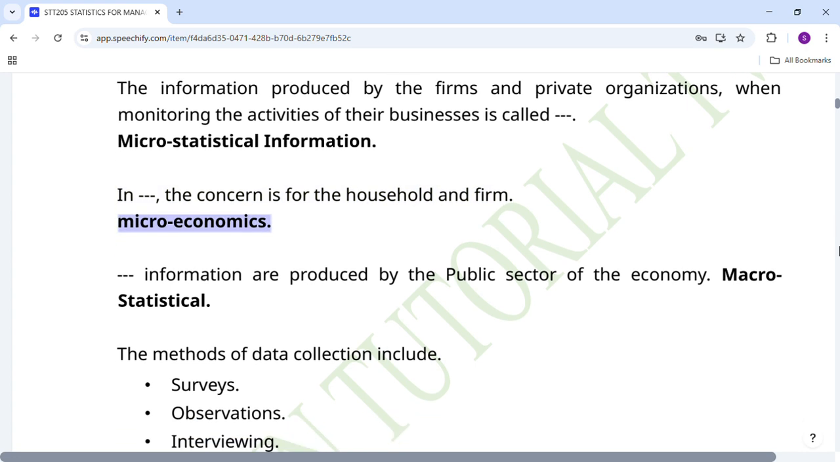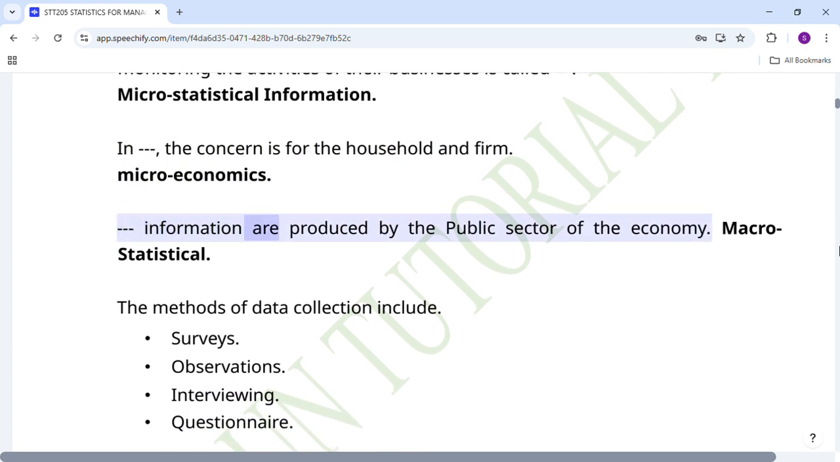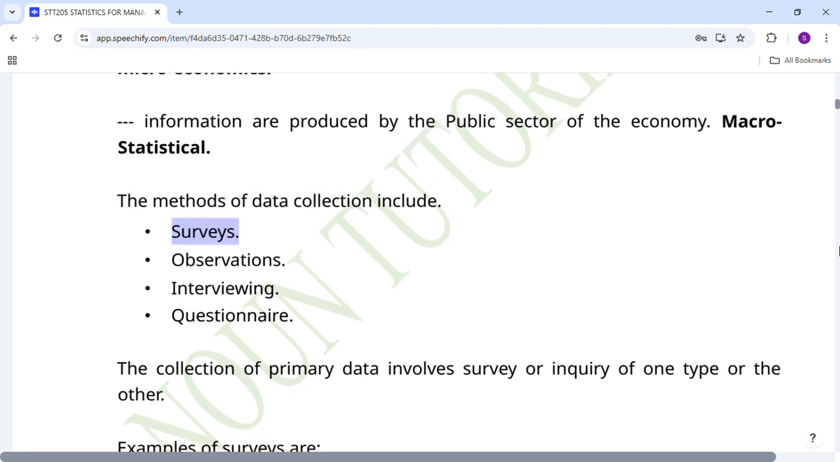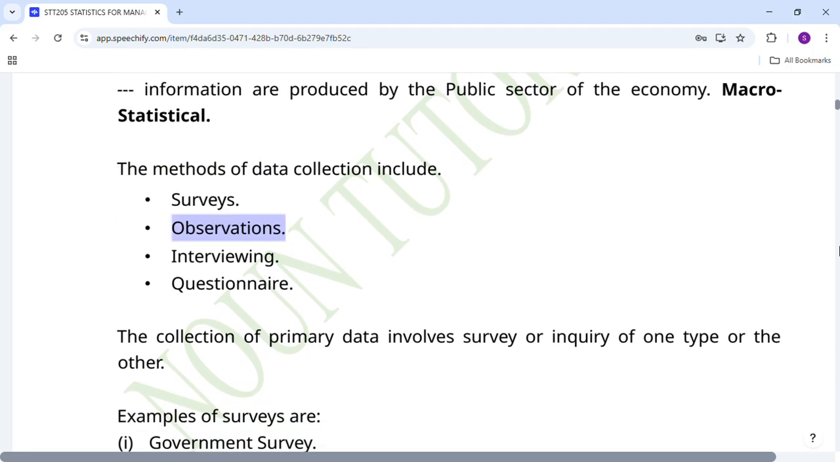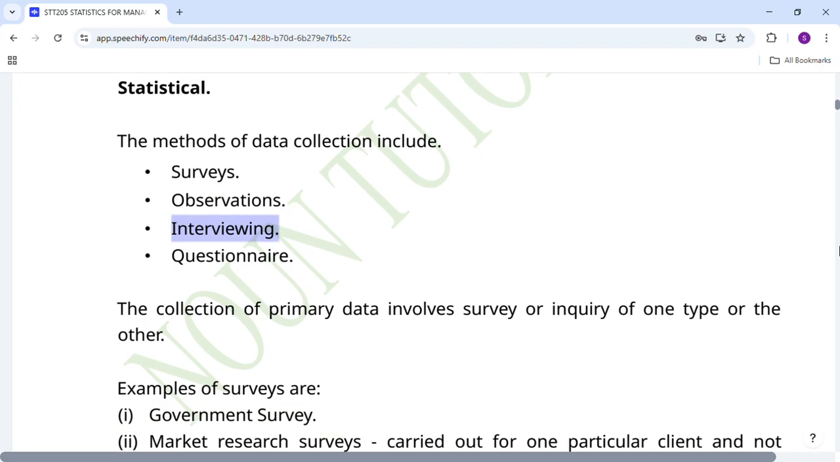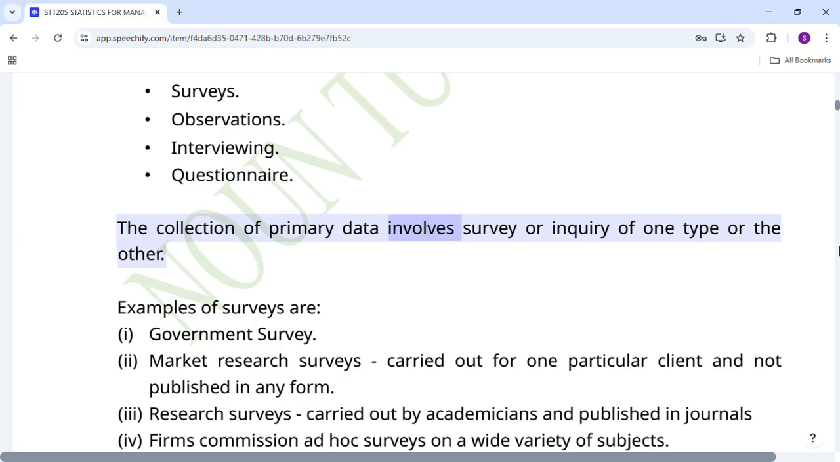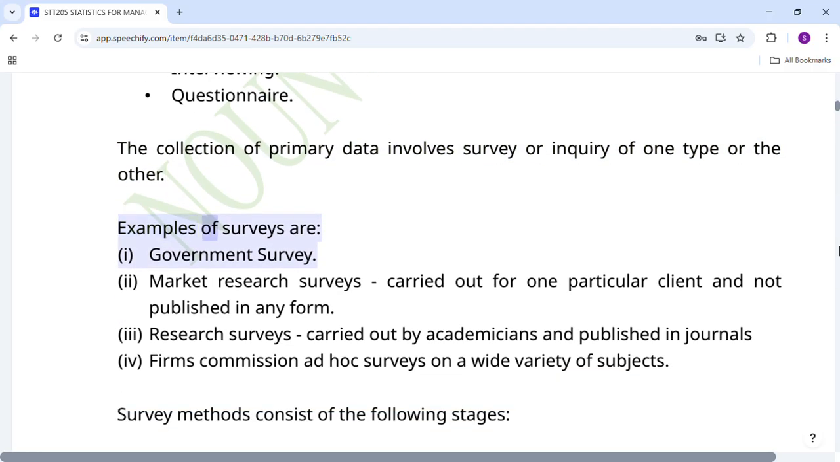Microeconomics. Information is produced by the public sector of the economy. Macrostatistical. The methods of data collection include surveys, observations, interviewing, and questionnaire. The collection of primary data involves survey or inquiry of one type or the other. Examples of surveys are: